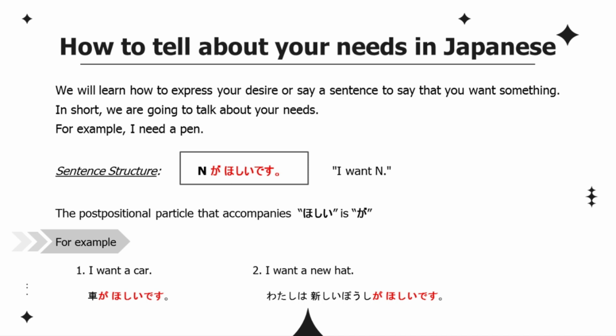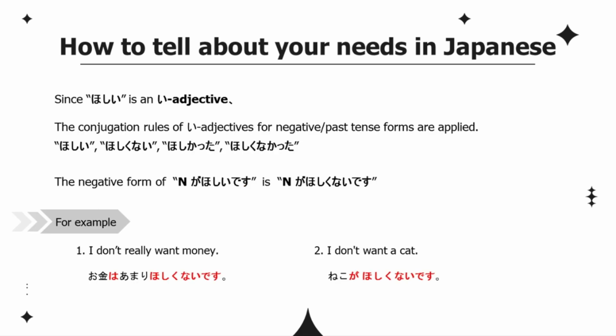Since hoshii is an i adjective, the conjugation rules of i adjectives for negative and past tense forms are applied. Try to make these sentences in your notebook. I don't really want money. お金はあまり欲しくないです。 I don't want a cat. 猫が欲しくないです。